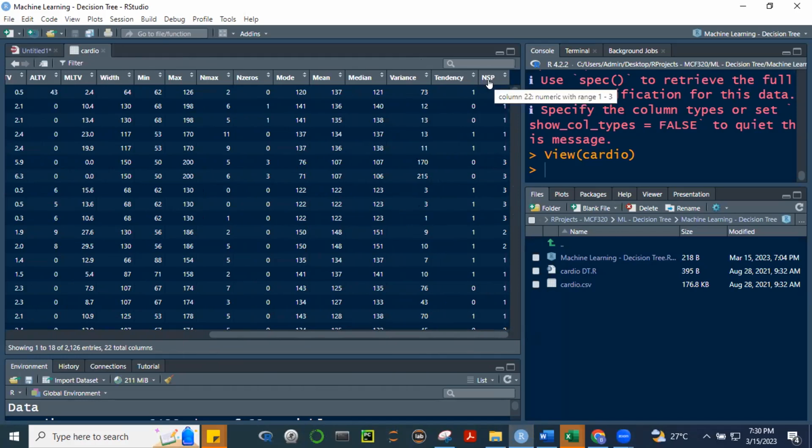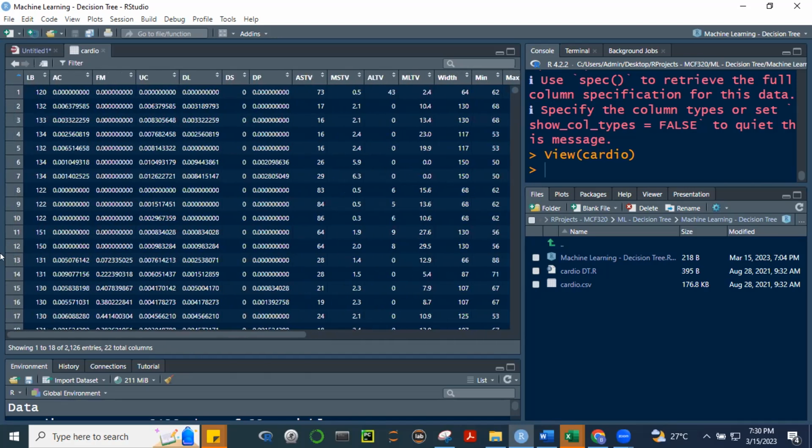Normal, suspect, at saka pathologic, NSP yun ang ibig sabihin. So this is a factor. 1 means normal, S means suspect, and P means pathologic. So ito yung actual na diagnosis dun sa patient. Okay, so we have here yung data na to. LB I think is in pounds yata. And I'm sorry hindi ko na ibigay sa inyo yung metadata, ibig sabihin information about the data.